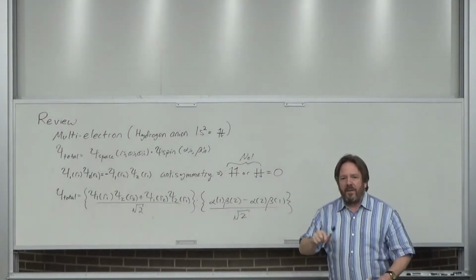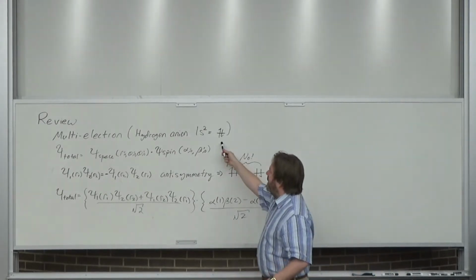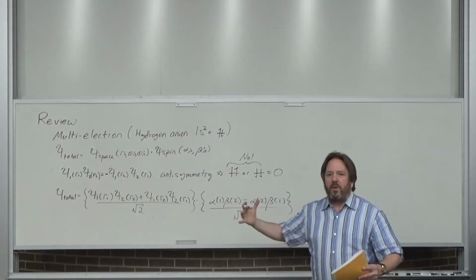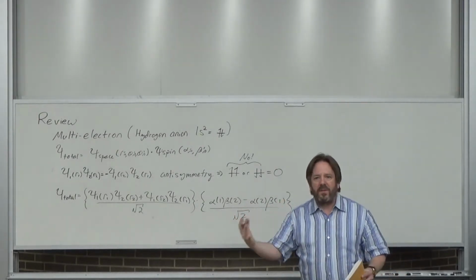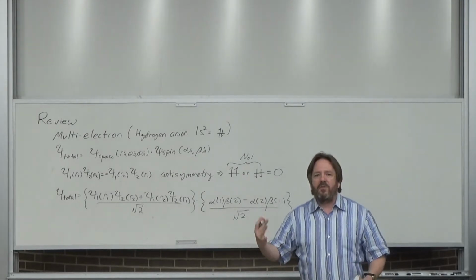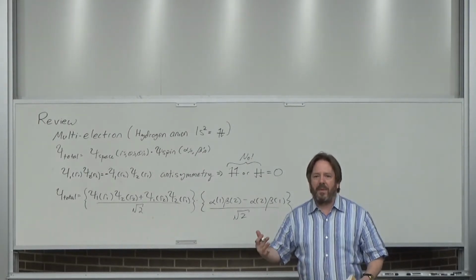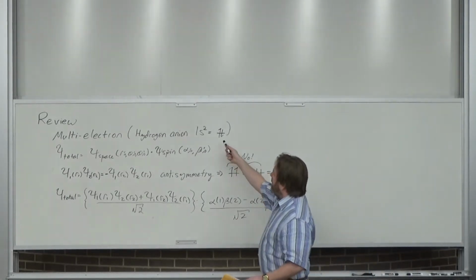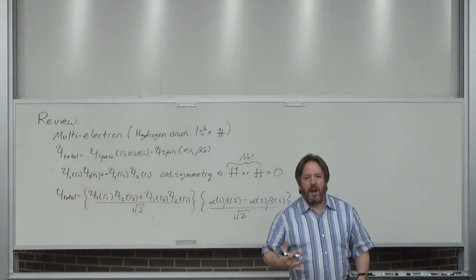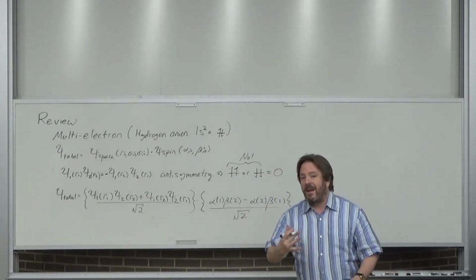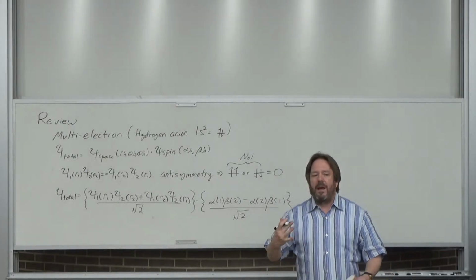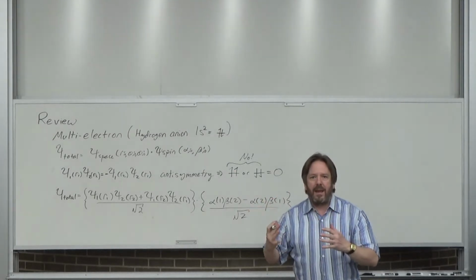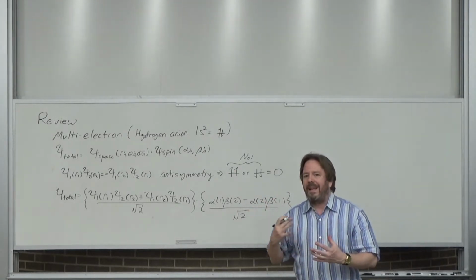The first layer of difficulty was knowing that we have to describe the spin-up, spin-down thing. Recall that in this universe we live in, you should have heard this in high school or freshman chemistry, electrons cannot be in the same state at the same time. It's the Pauli principle. As a result, we have to have a way of taking into account the spin up and spin down, even though we don't really know what spin is. It's a type of angular momentum. It's the electron behaving as though it's spinning on its axis, like the Earth, night and day. It's like that, but we don't think that it is that.